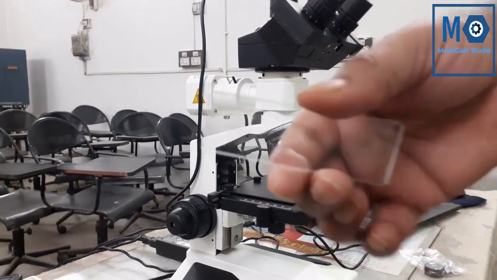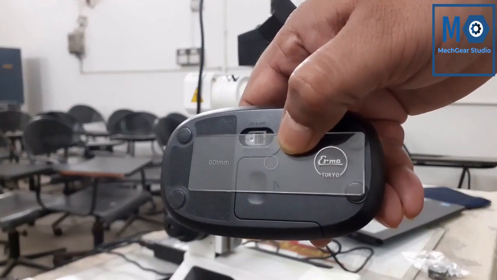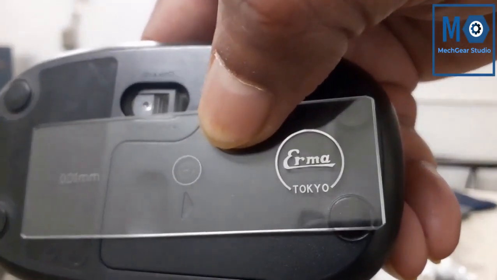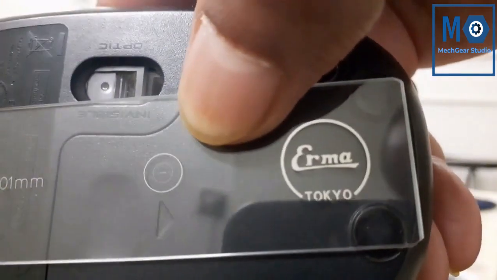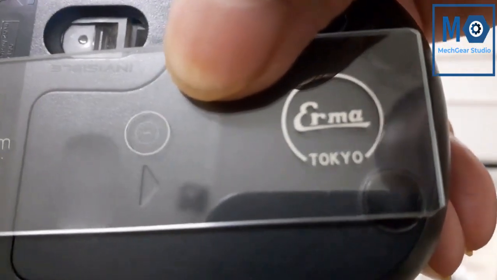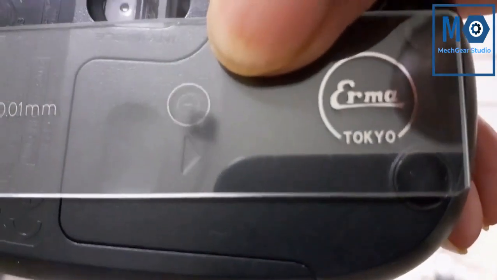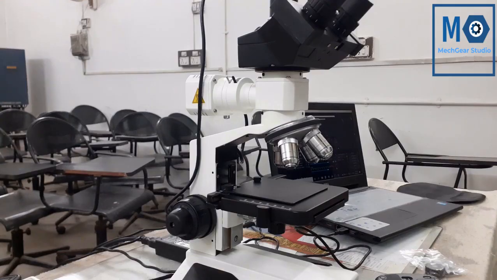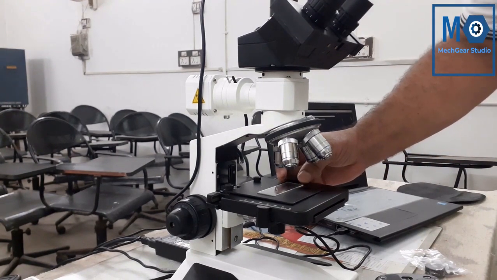We will use this slide as a specimen. We will adjust focal length for specific magnification. In this middle circle, one line is available, small division, and it is 1 millimeter. And 100 divisions are also engraved in this slide by using etching. Each large division has 100 micron value and one small division has 10 micron value. So entire length of this scale is 1000 micrometer.